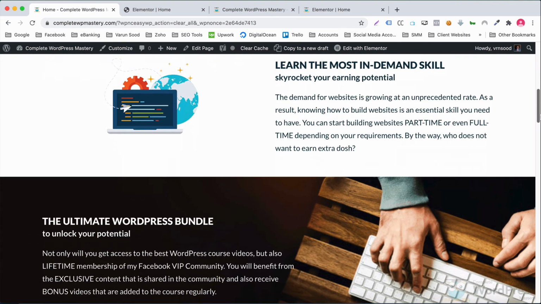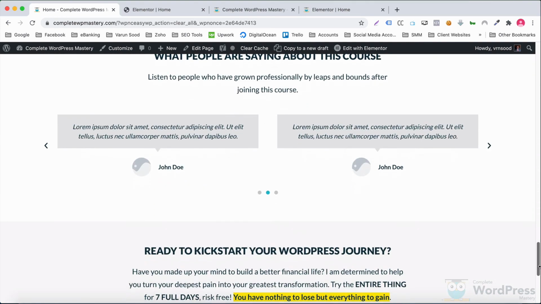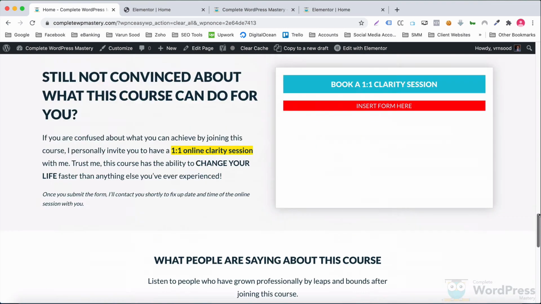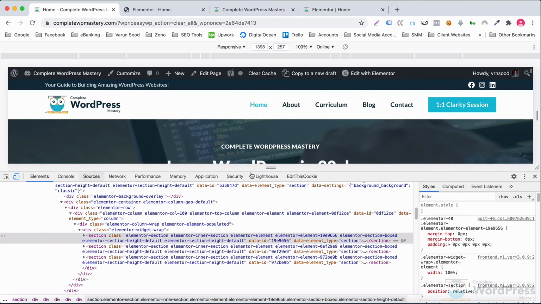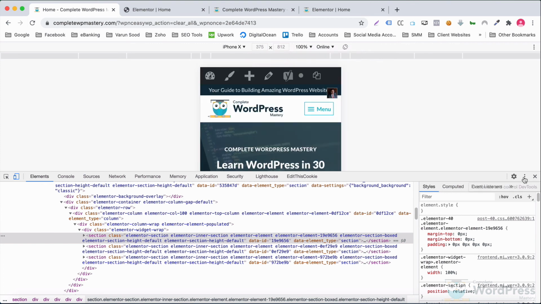Very neat, very professional. You actually earn good money by selling such designs in the market. It looks great on all devices, and your clients will fall in love with you if you sell such designs to them.